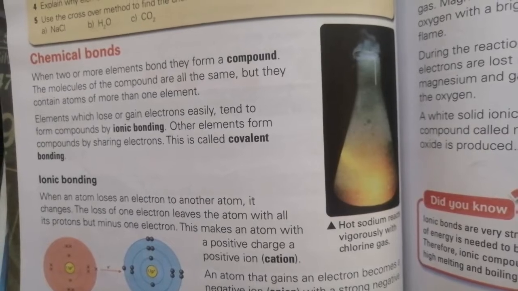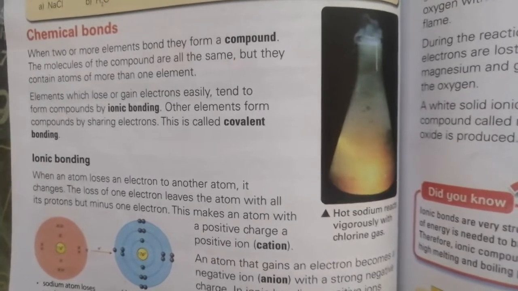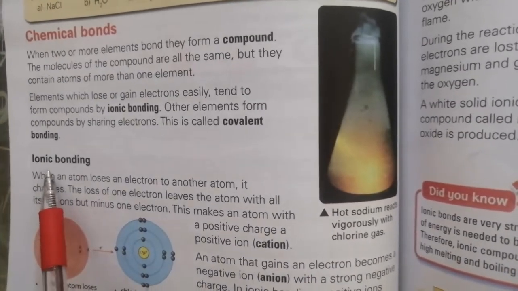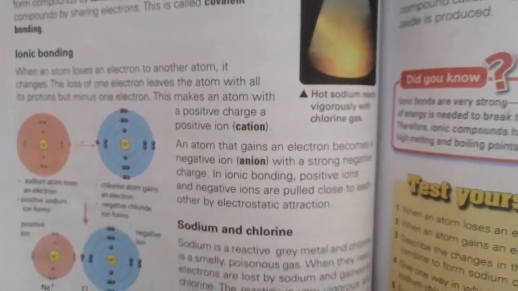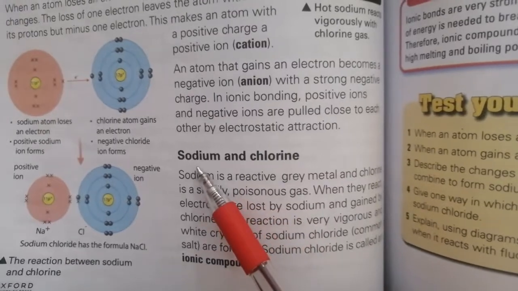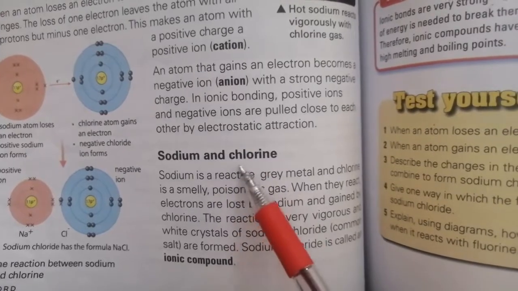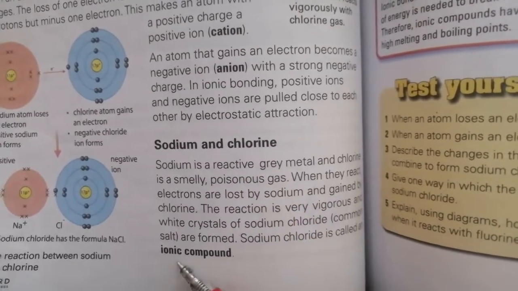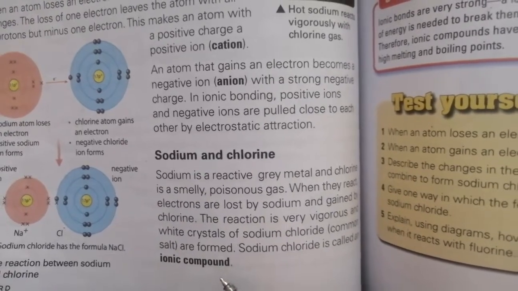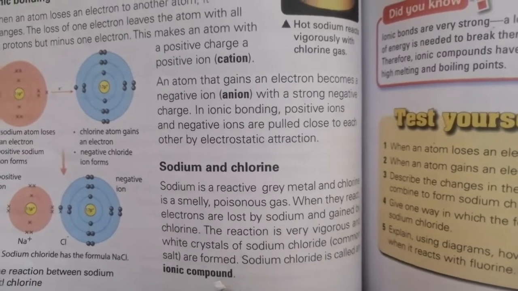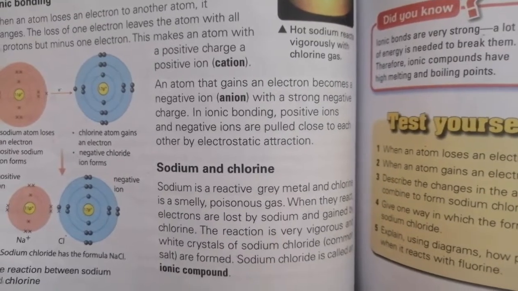In today's class, we will discuss some more concepts and examples related to one type of bond called ionic bonding or ionic bonds. Previously, we learned about the example of the reaction between sodium and chlorine to form an ionic compound by means of electrostatic forces of attraction, and the bond due to which these forces form is called ionic bond.